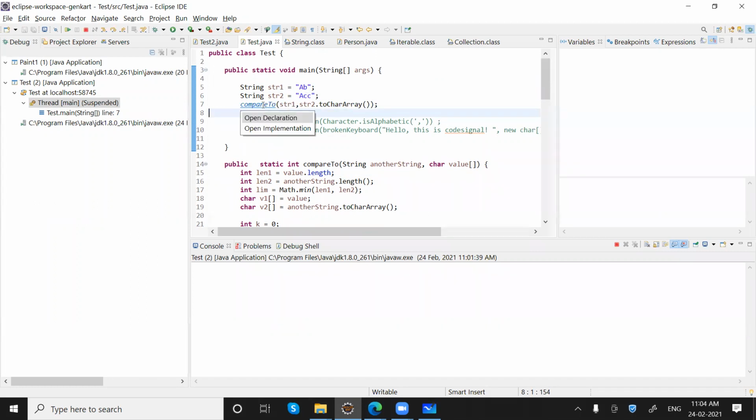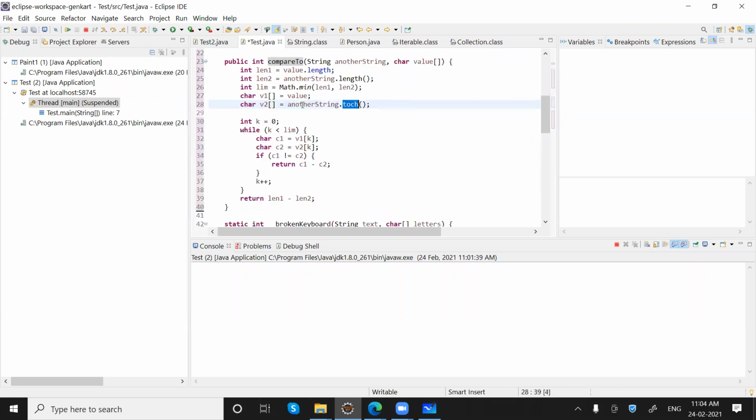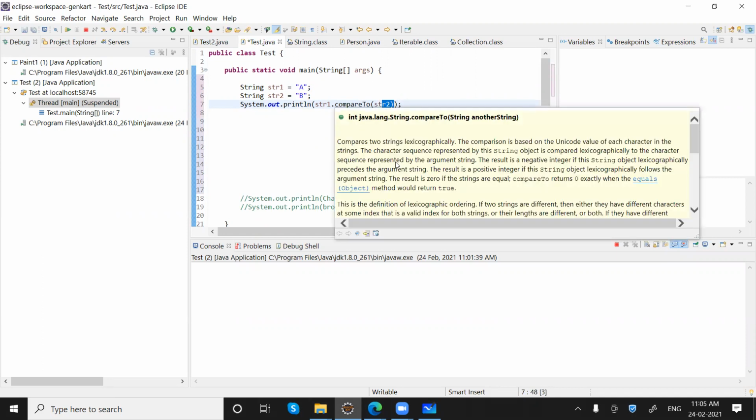For more information, we can read it here. It compares two strings lexicographically. The comparison is based on the Unicode value of each character in the string.